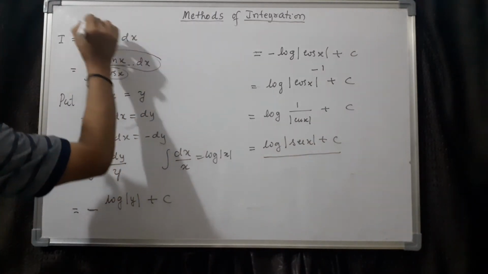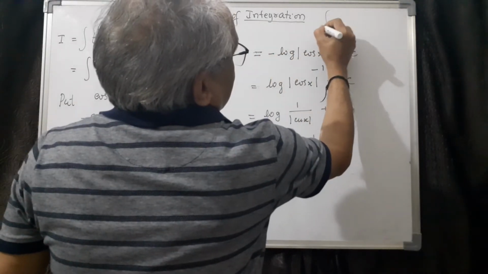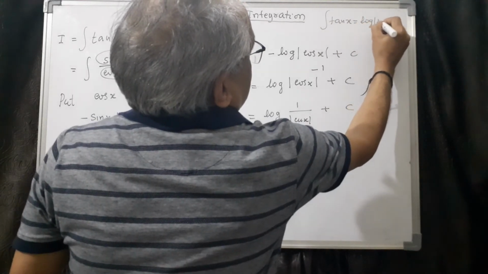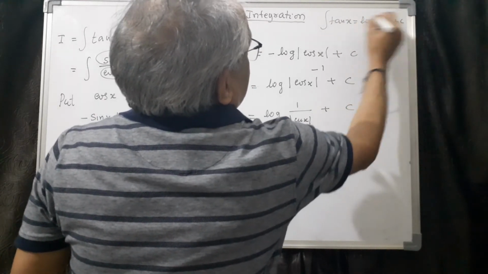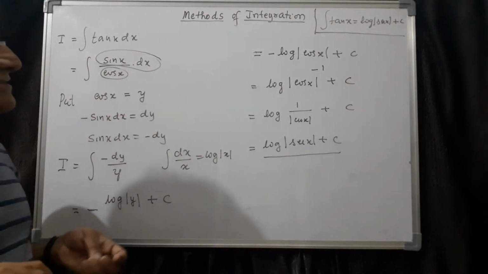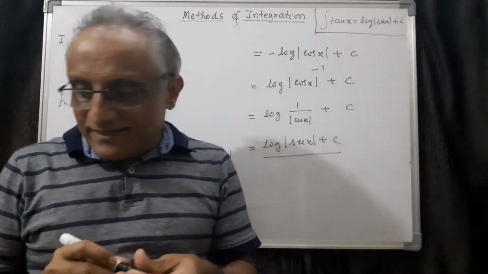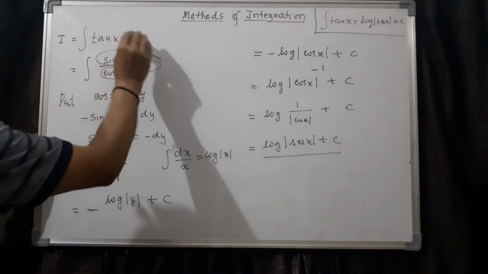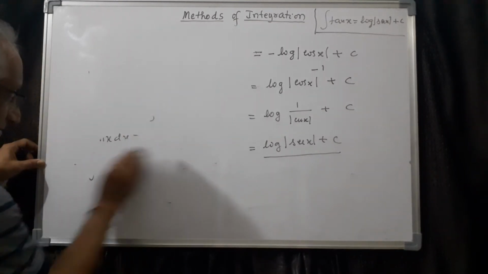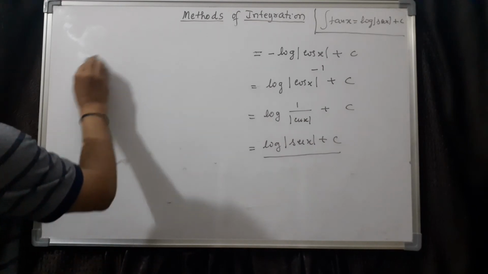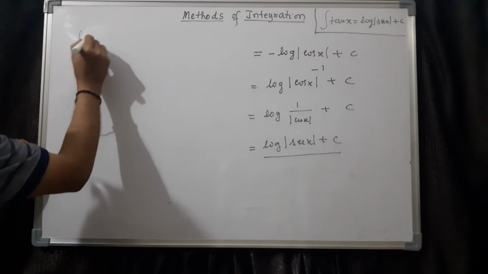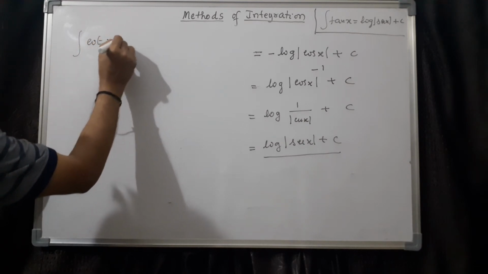Therefore we have to remember now, I will write here, the integration of tan x is log of mod secant x plus c, and this formula we have to add to our list. Afterwards, whenever tan x comes, directly you can write log of secant x. Now one problem I will leave for you to do. I will write the formula. It is exactly similar, therefore there is no difficulty in deriving. What is the integration of cot x dx?